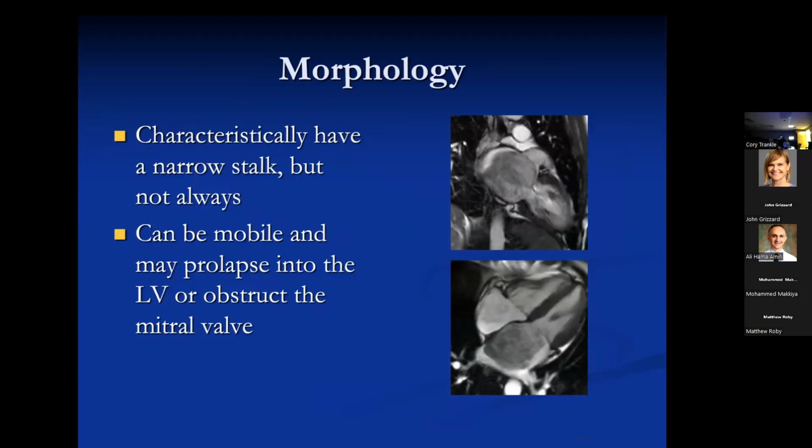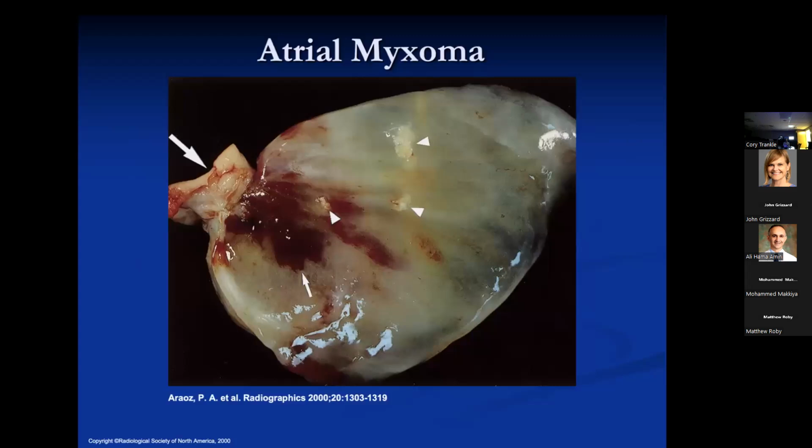They typically have a narrow stalk, but not always. Like in this one, you have this big, broad attachment, and look at it nearly obstructing the mitral valve. You can get what people call a tumor plop in diastole with these. You can even produce left atrial appendage enlargement, almost mimicking mitral stenosis. Histologically, these look sort of like a little bag of Jello. If you think of it that way, its signal characteristics become a lot more clear. It has a fibrous stalk for attachment usually, but then this kind of coating or cap of Jello overlying it.